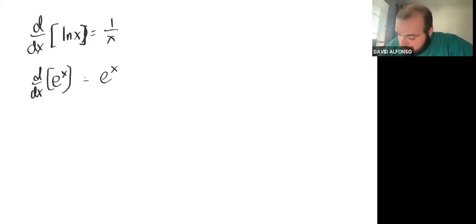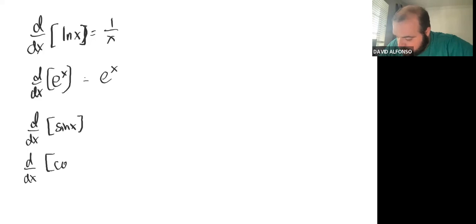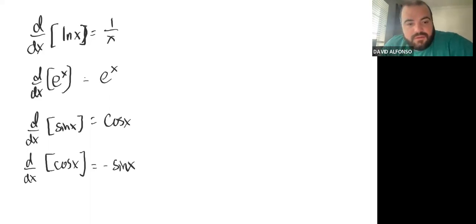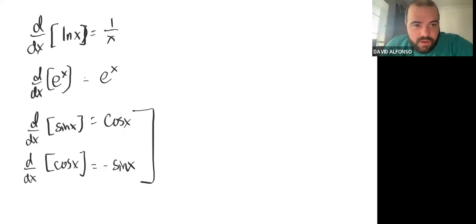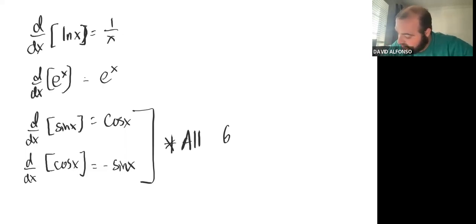You need to know the basic ones, sine and cosine. That's cosine x, and that's negative sine x. And then of course, from these, if you use the quotient rule, and you know sine and cosine, you can find the derivative of all the other trig functions. So you need to know basically all 6 trig functions